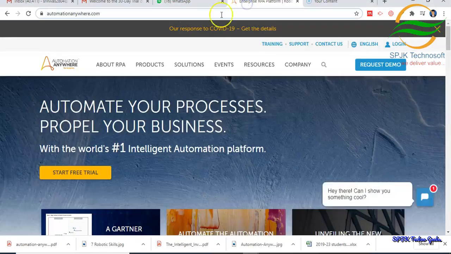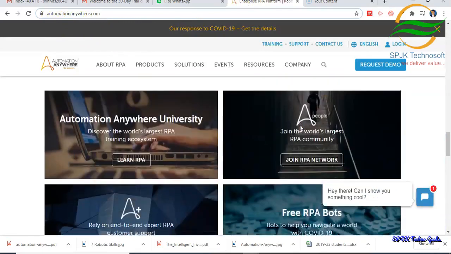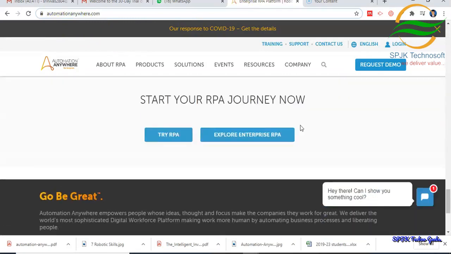Once you visit this site, automationanywhere.com, go to the bottom of this page where you can find Try RPA.